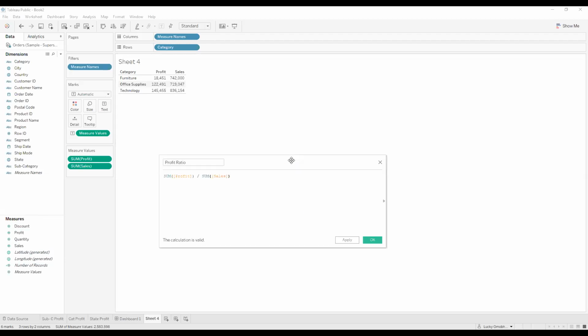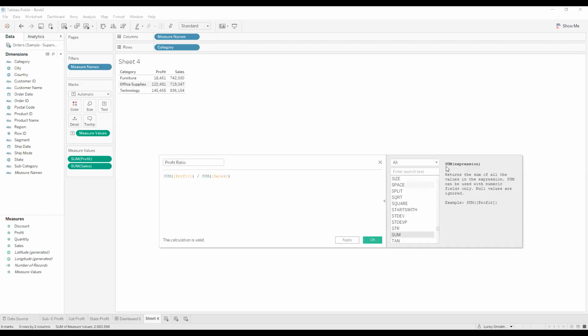Now, if I open this little icon here, you will see that there are so many calculations in here, and Tableau helps us to understand what those calculations are for. So if you want to write a calculation and I don't know what they are for, you can just highlight. Now the sum here is a function in Tableau. It's inbuilt, all you have to do is call it. So what does this sum function do? It returns the sum of all the values in the expression. For example,